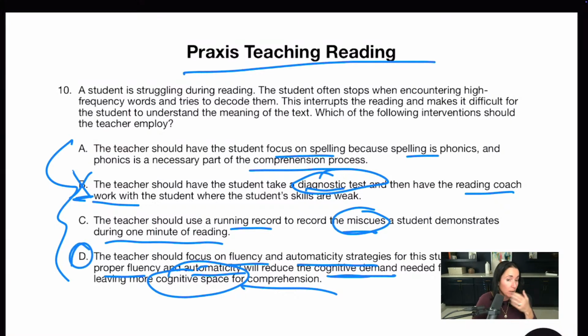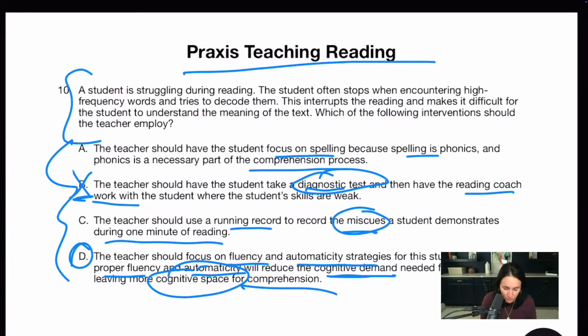Yes, yes, yes. All right, why do we work on fluency? Because the more automatic a student is moving through the text, the less brain power the student is using and can save that cognitive energy for understanding the text. If they're stopping at every word to sound it out, and I'm sure you've seen students do this, it's so exhausting to even watch them do it. They have nothing left for comprehension. So we need fluency so they're moving through that text automatically so they have the cognitive endurance to use their brain on the vocab, on the comprehension, on all the analysis and evaluative skills we need them to have.